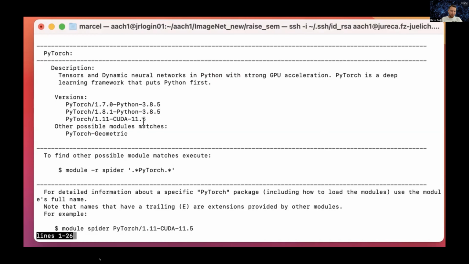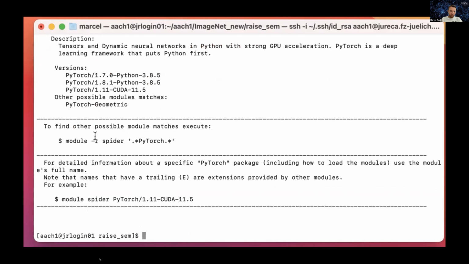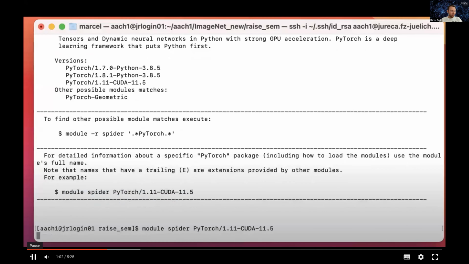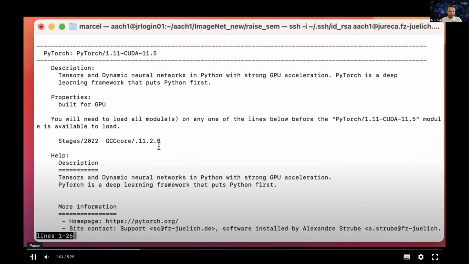Then it shows me what kind of different PyTorch libraries are already installed on the machine. And now if I'm interested in knowing how to load a specific library, I do module spider with the specific name of that library. And then it will show me here which libraries I need to load before I can load this PyTorch module.